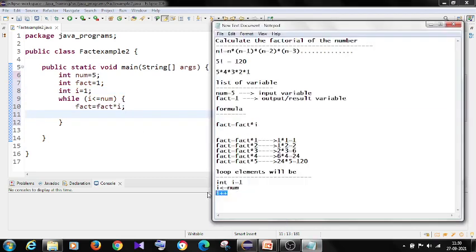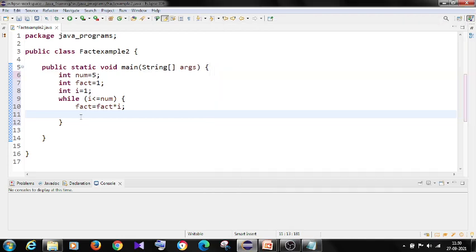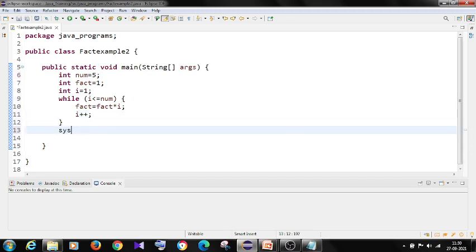And increment each time by one, so i plus plus. Now I want to print the output. System out println, the factorial of the given number. What is the number here?